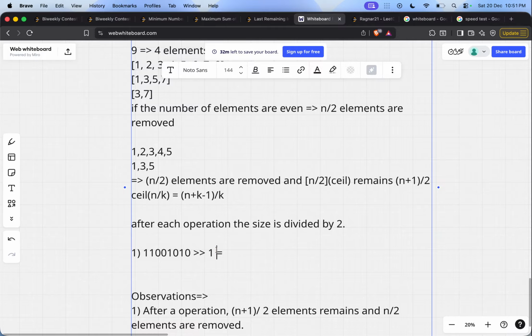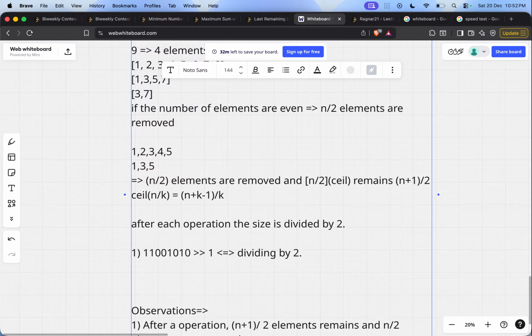Although here right shift denotes the floor operation, and here we are considering the ceil operation, these are pretty much similar because there is a difference of only one element. So the number of operations would be the same for both scenarios. This operation is very much similar to dividing by 2, and we know that